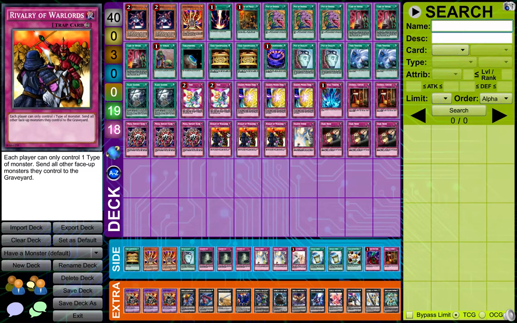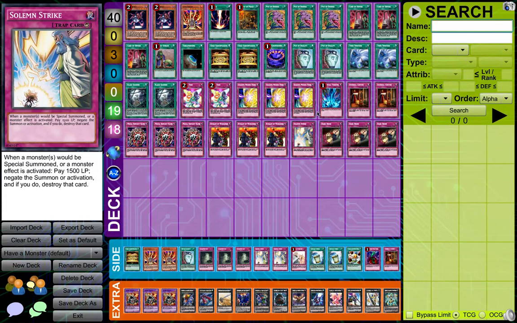And so the whole deck's based around this particular card, which is why then we've got that giving your opponent tokens to set everything up. 1 Solemn Strike. Again, you could run 2 into the Torrential. Sometimes their life points are...